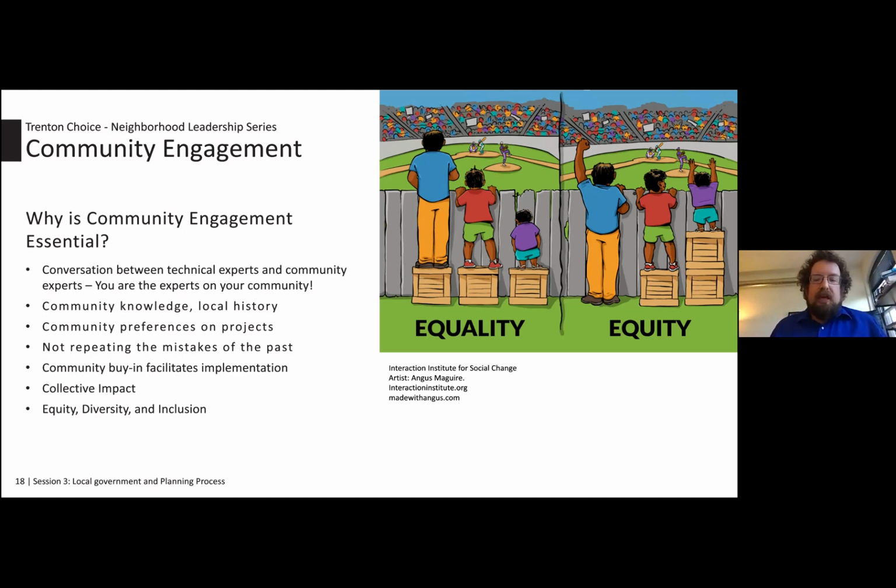And most importantly, in the planning process, we've really, over the past few years, been building and refining our idea of equity, diversity, and inclusion. These are now core concepts for urban planners that are really drilled into us as a necessary part of every planning process. And I want to talk about those ideas for a little bit.